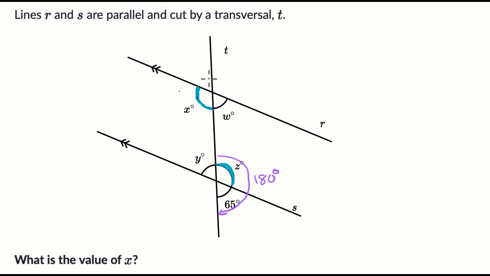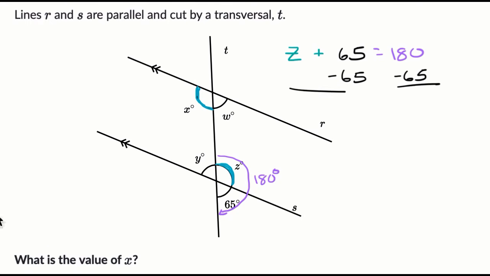So we know that z plus 65 is going to be equal to 180. Or if we want to solve for z, we just subtract 65 from both sides, and we will get z, these cancel out, is equal to